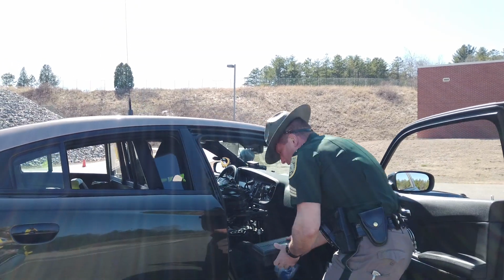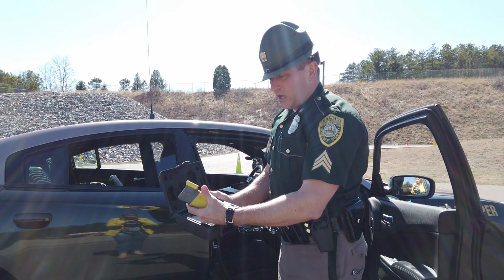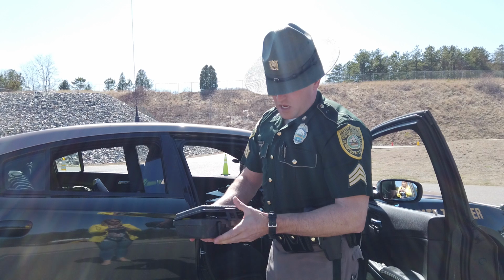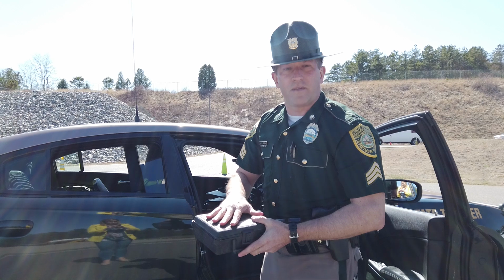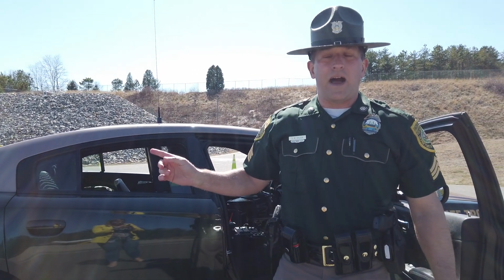Furthermore, I have a portable breath machine here. It's called a PBT, and I could use this on the roadside to get someone's approximate breath alcohol. They blow into it, and it gives me a readout of about where the subject is if they've been drinking alcohol and driving a motor vehicle. So why don't we head over to the driver's side of my car,